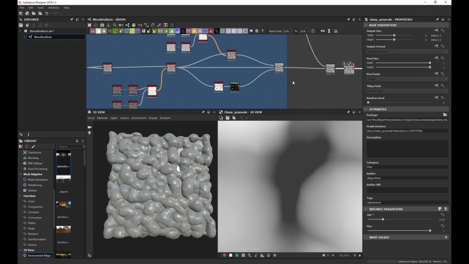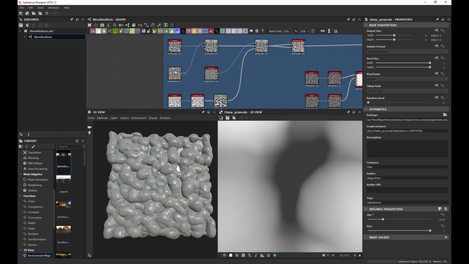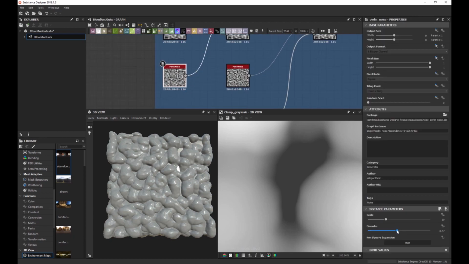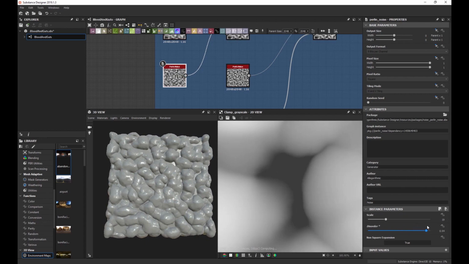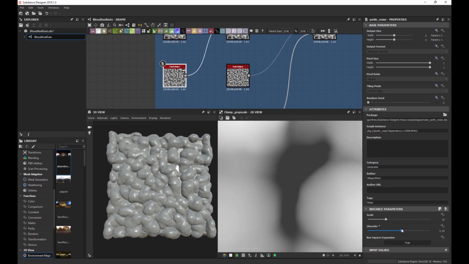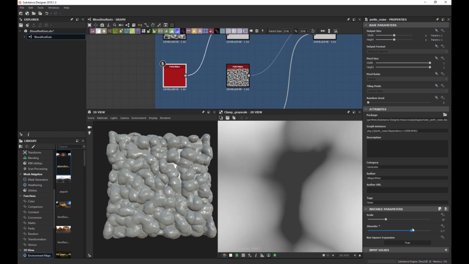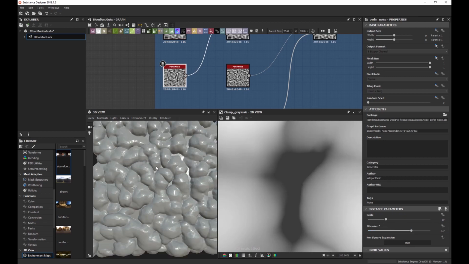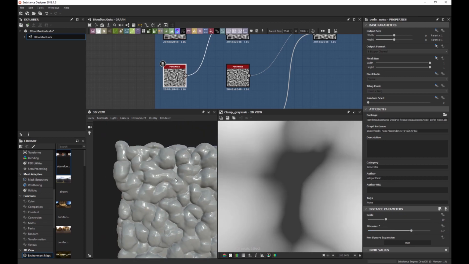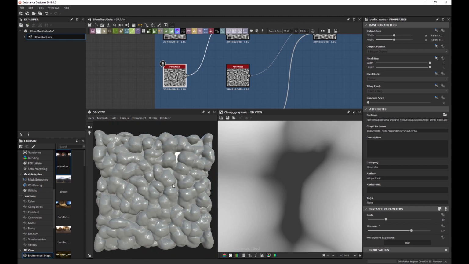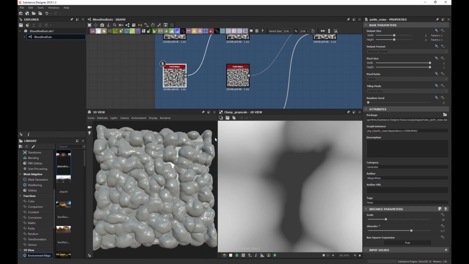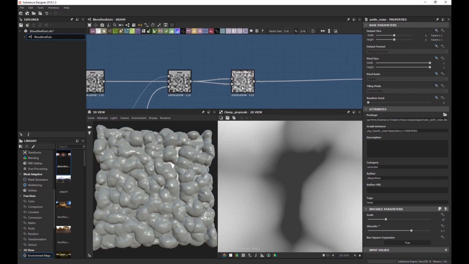So maybe we can come back to our Perlin noise that we made at the start, and add some disorder to that, just to change some of our patterns a little bit. That is disgusting. That's great. So we're getting reasonable coverage all the way across our setup. And also what I might do is come back to my slope blur grayscale, and bring this down to like 0.7